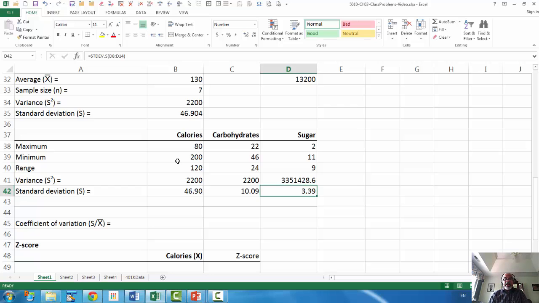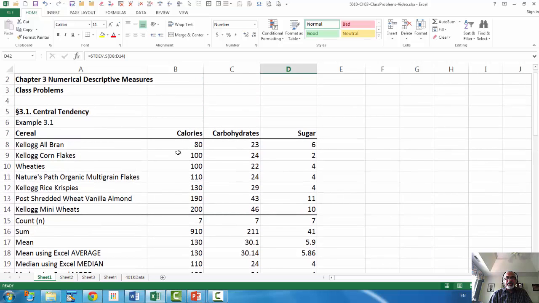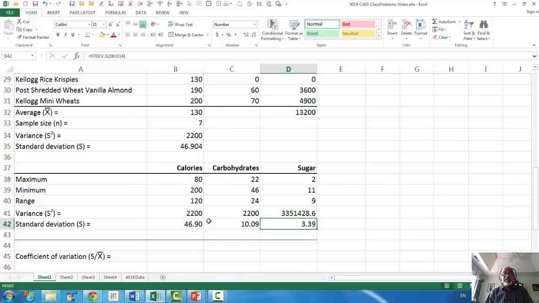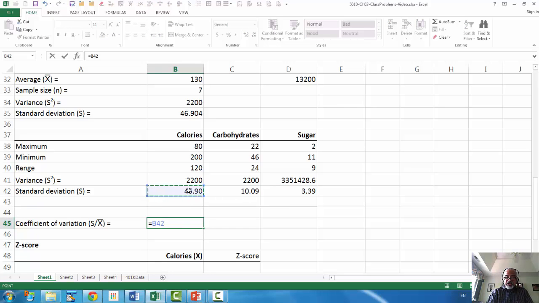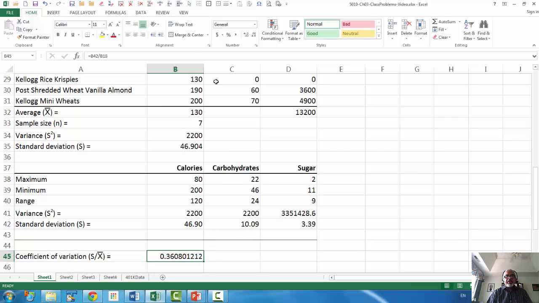Well, no, because the values here are affected by the magnitude. So the calories are large values, whereas sugar is small values. So naturally your standard deviation is going to be in the same units as calories or the same units as sugar. So it's going to be a small number for sugar and a large number for calories, and doesn't really mean the calories are more dispersed than the sugar. And for that we have to convert these variations into a percentage of the mean. So you take the standard deviation and you divide by x bar. Okay. And we can express that as a percentage